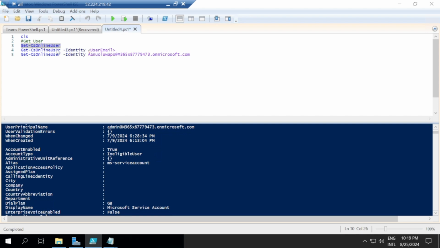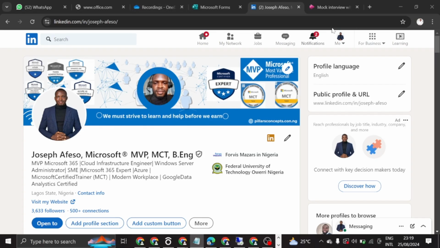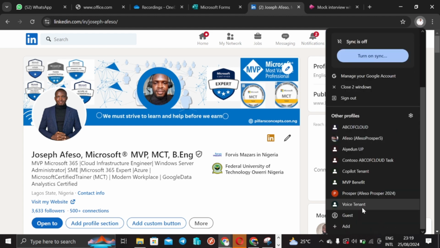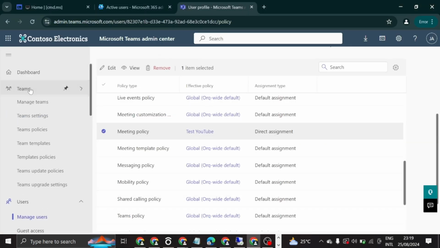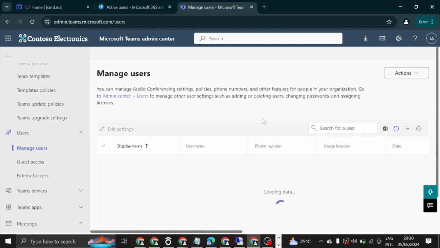If you want to look at the attributes of only one user, for example I can do a clear command here just so everything is clear. I may want to do a Get-CsOnlineUser about a particular user. So we've been working and we've been using one particular user here called Pillars. So we're just going to come back to the admin center and then we'll go to users, we'll go to manage users, and then we're just going to bring up that guy